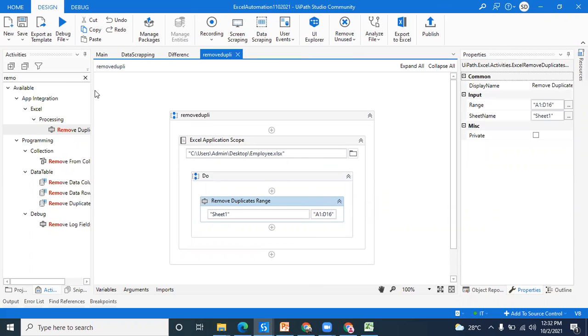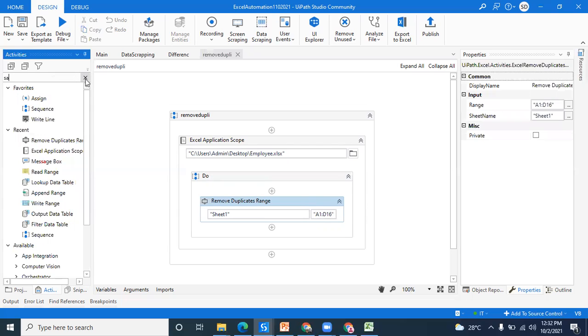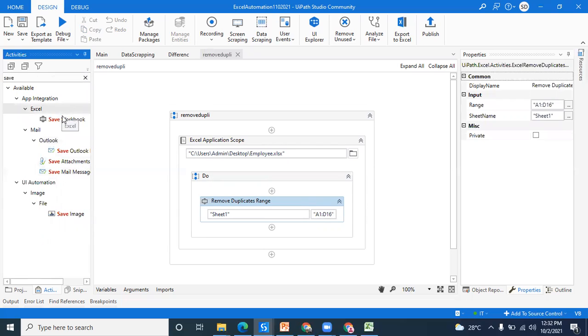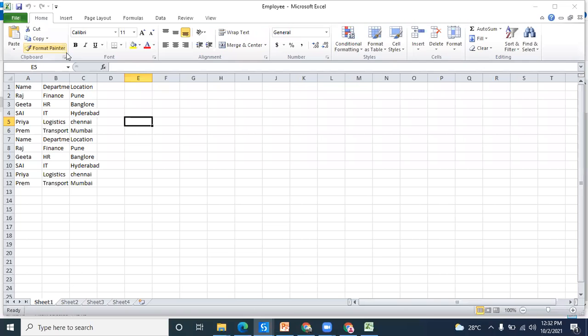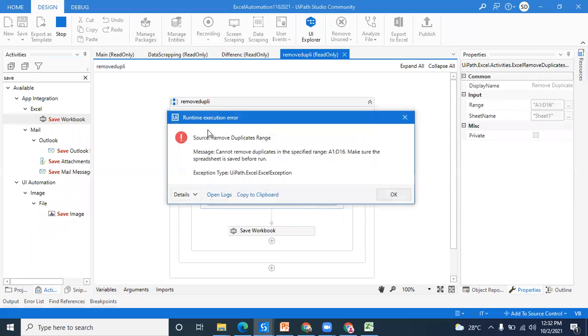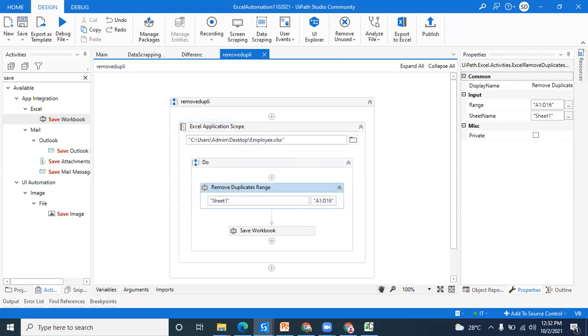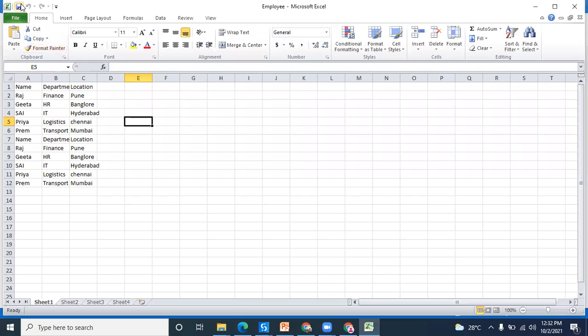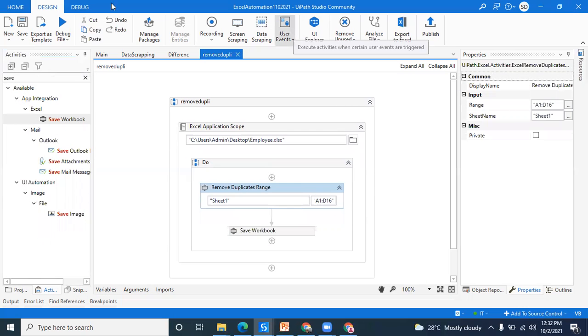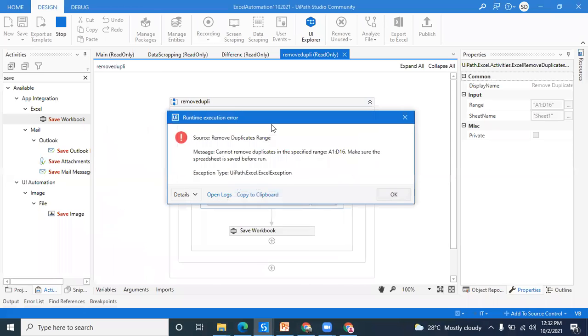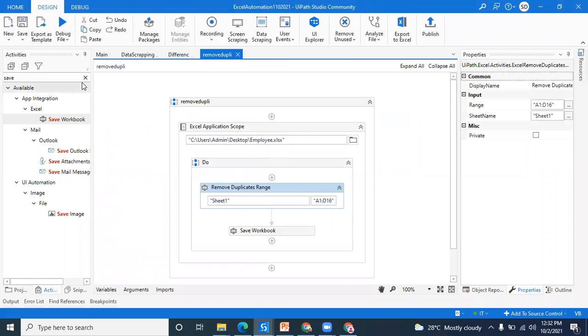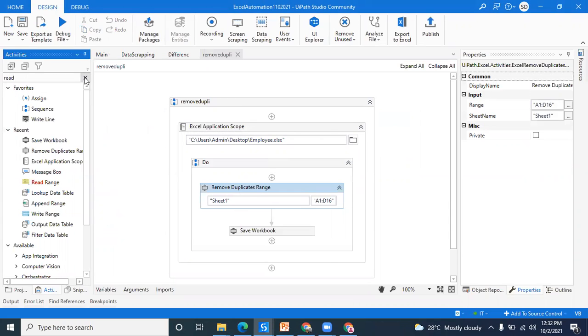We haven't read that Excel, so how can we operate on it.